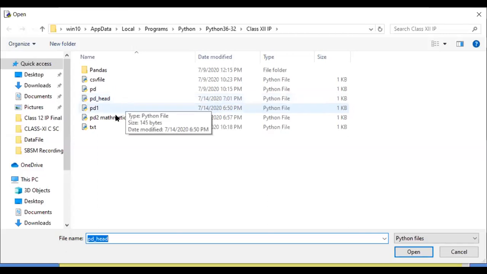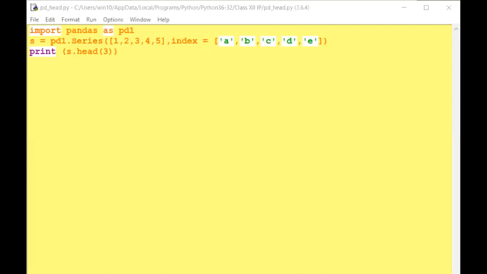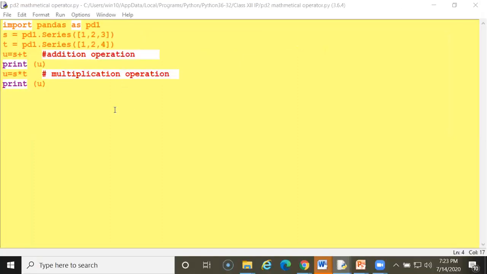You can see here, import pandas as pd1. I have written s equal pd1 dot Series. This is the first line, holding the values 1, 2, 3. Now the second series is 1, 2, 4.